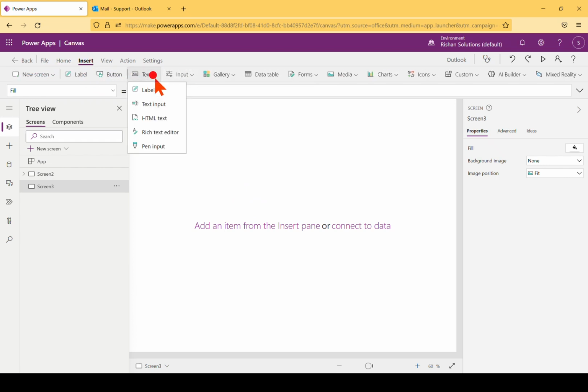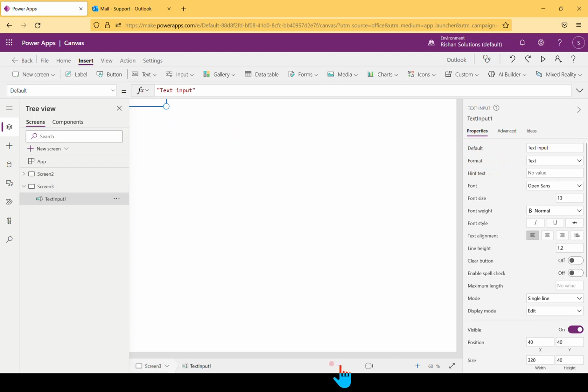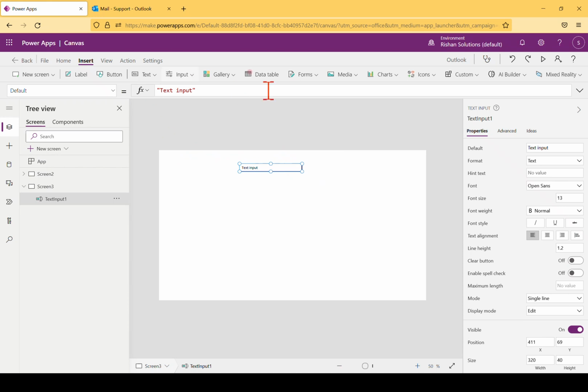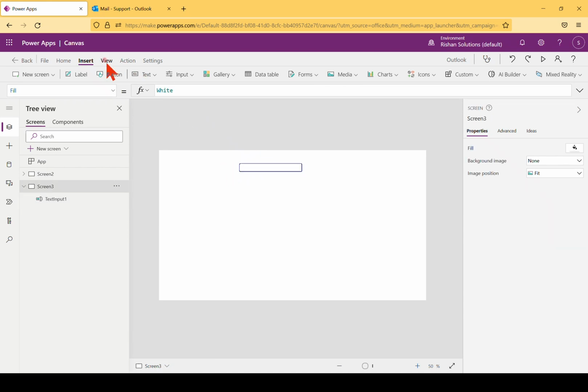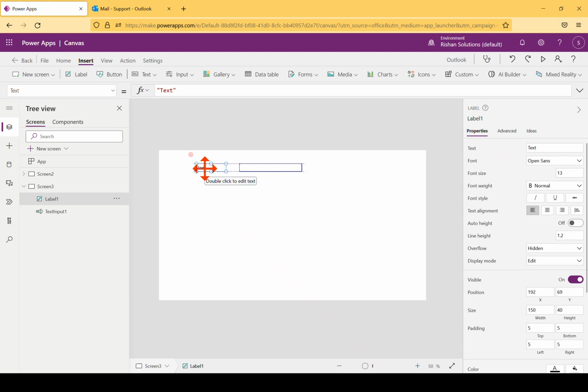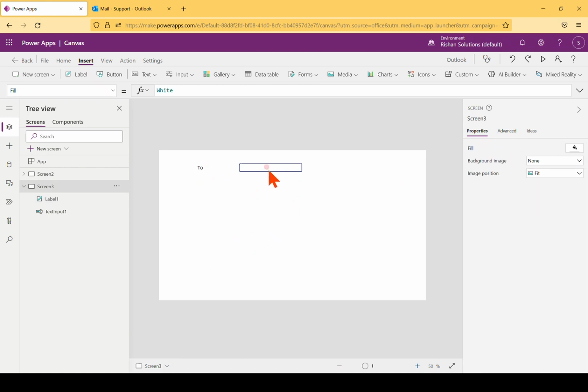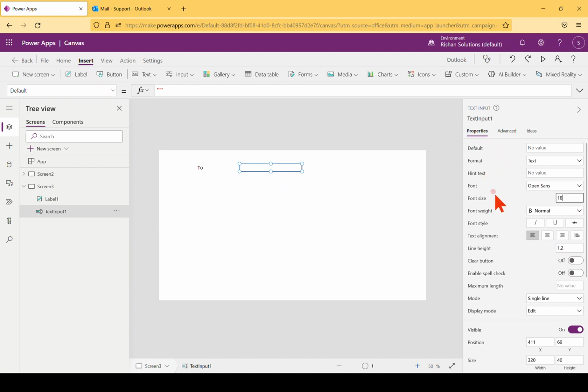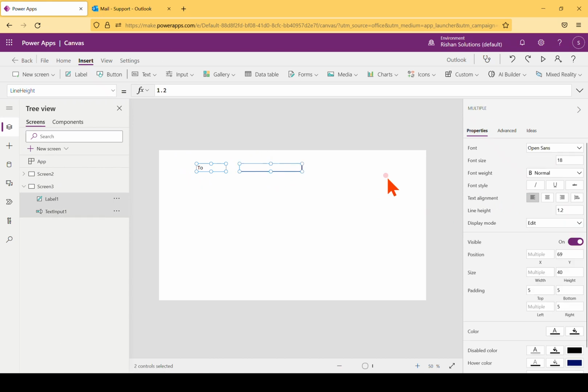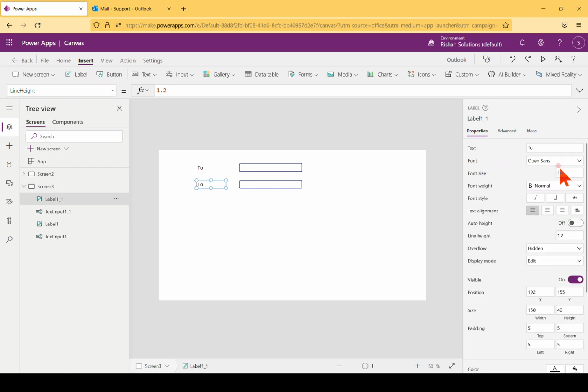I'll insert something like a text box. I'll take a text input here. I'll remove this one, and then we'll add a label here. I'll remove this one. I'll make this as to address, and we'll try to increase to 18, and here also I'll try to increase to 18, and then copy this to and paste it out here. We'll make this to subject,